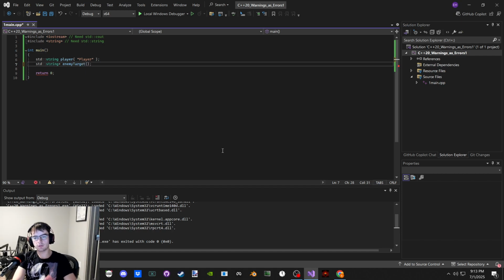It's at first pointing to null, but then enemy target is pointing to player.